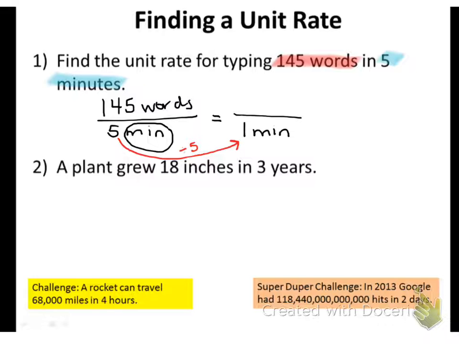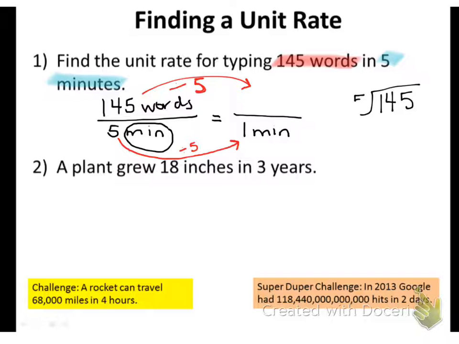And whatever we do to the denominator, we're going to do the same thing to our numerator. So we're going to divide 145 by 5 to figure out how many words this person can type in 1 minute. Let's do that math, the arithmetic, over here. So we're going to take 145